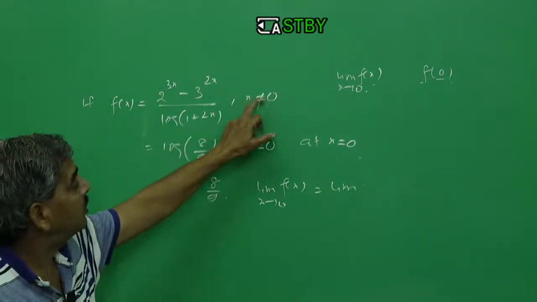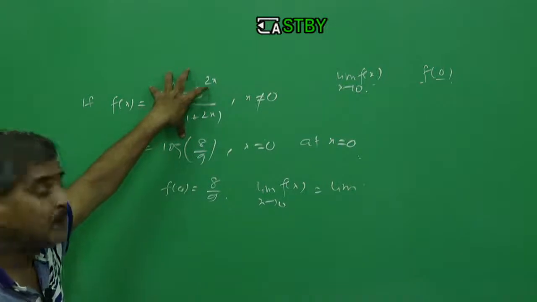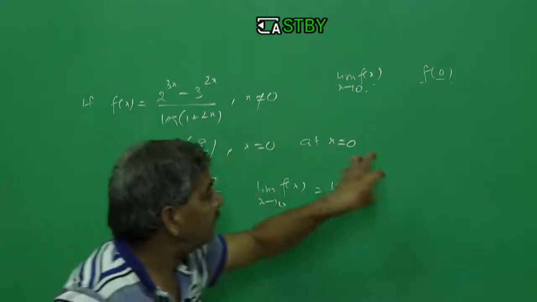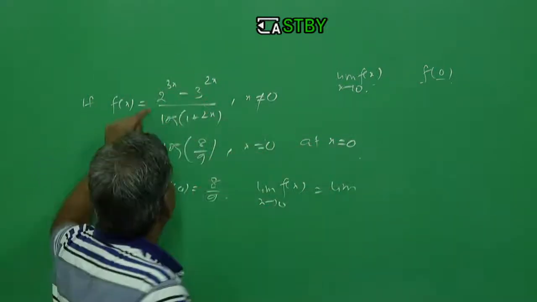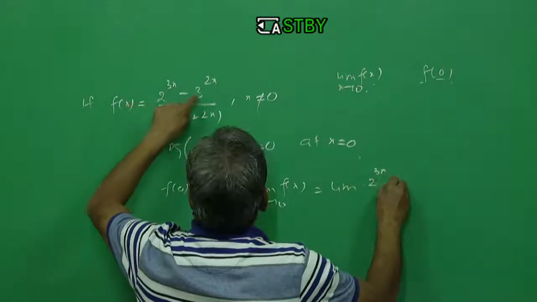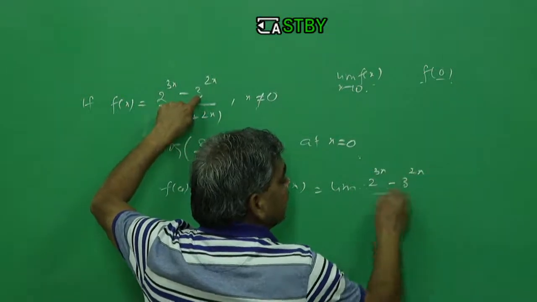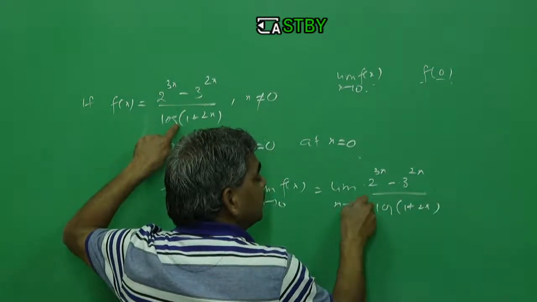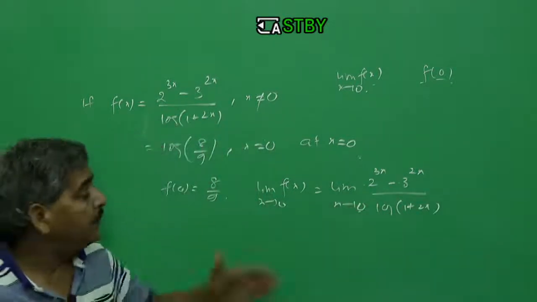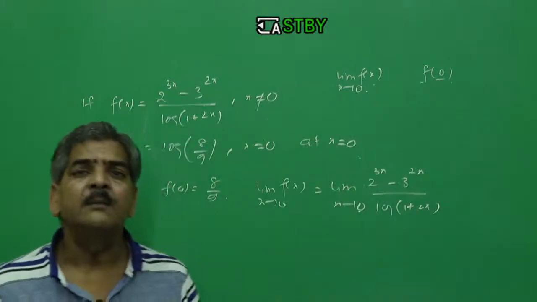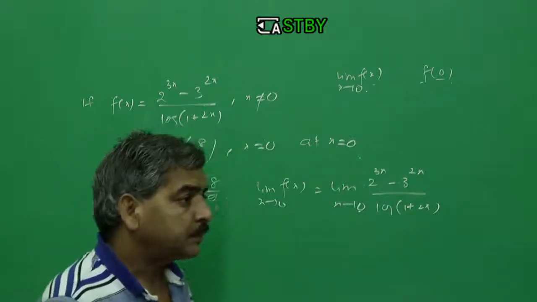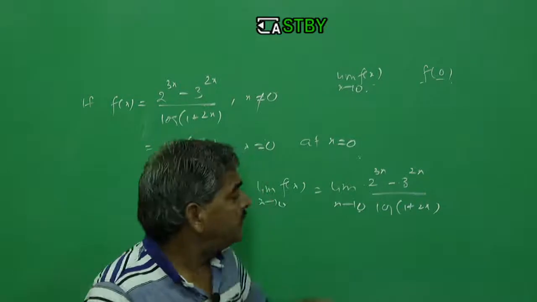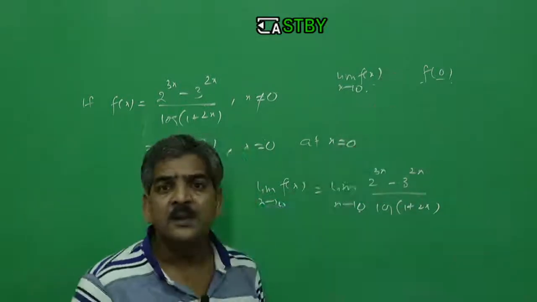When x is not equal to 0, which function is applicable? This function is applicable. Substitute this function. So limit of (2 raised to 3x minus 3 raised to 2x) whole upon log of 1 plus 2x, x tends to 0. Very fine. अब ये लिमिट कैसे इवेल्युएट करनी मैं बताता हूँ। से एक मेथड, डिफरेंशिएट न्यूमरेटर सेपरेटली, डिनोमिनेटर सेपरेटली,